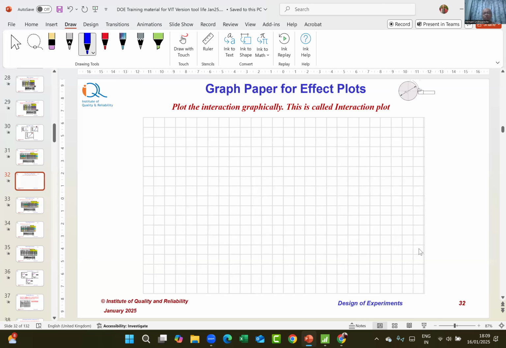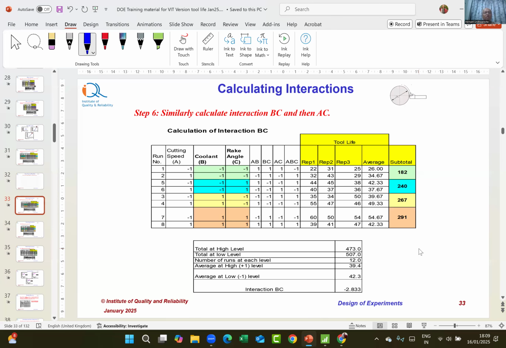In Excel, you can... I think recording started a little late. I cannot help it, but